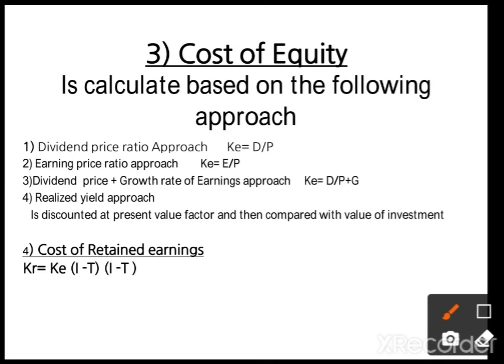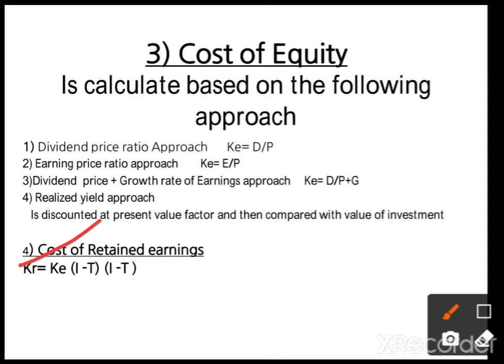And next, the last, fourth main important one, that is cost of retained earnings. Dear students, the cost of retained earnings is to be calculated on a different basis. Undistributed profits are called retained earnings. If there is any undistributed profit, before distribution we calculate the cost of retained earnings. Some people argue that retained earnings do not involve a cost because a company is not required to pay dividend on retained earnings.